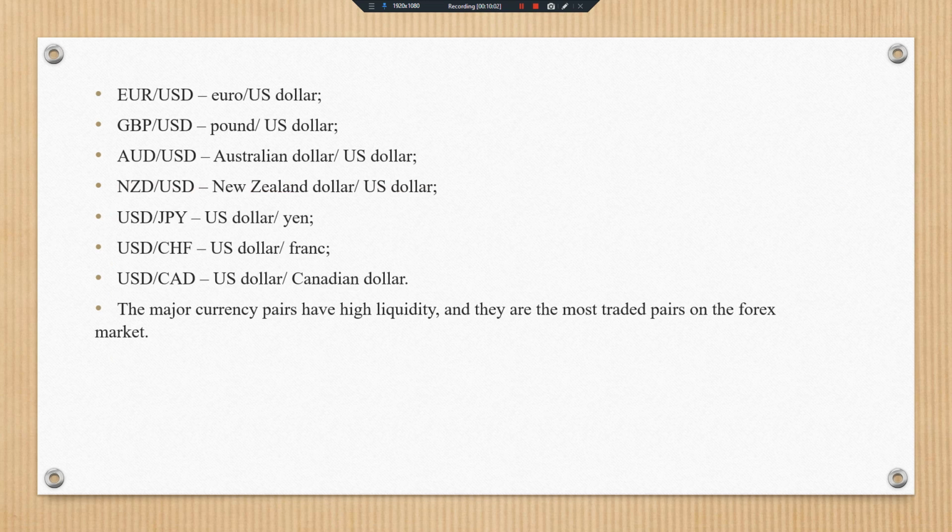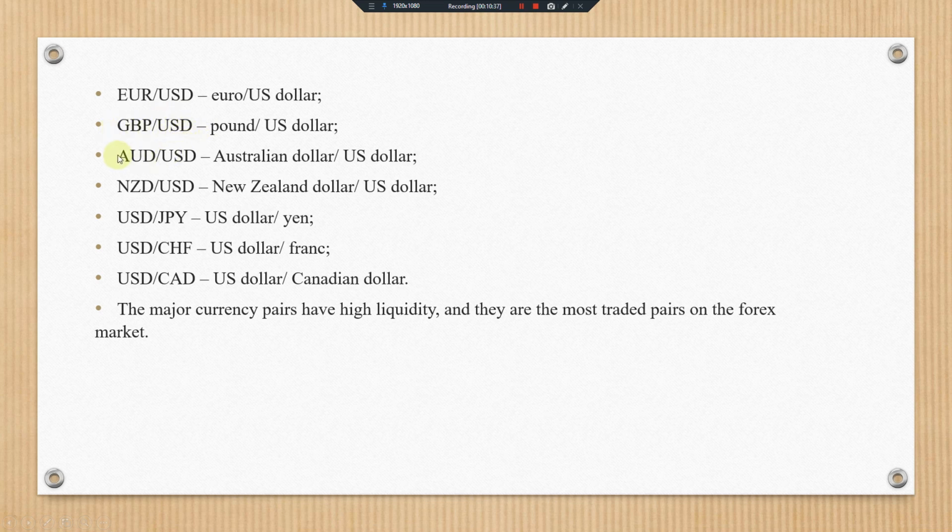So now here is a list of the major currency pairs. We have EUR/USD. Like I say, they come already paired. So this is a pair. EUR stands for the euro and the USD stands for the dollar. So it's called Euro USD. And we have the GBP/USD. How you pronounce this is GBP USD. GBP stands for Great British Pound, paired with the US dollar. So you just pronounce it as GBP USD.